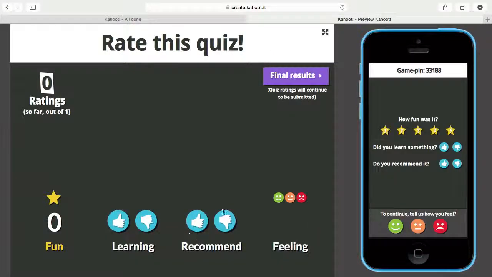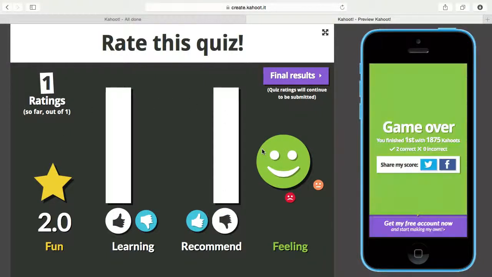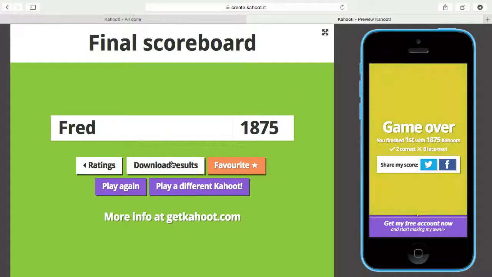Then feedback and results. This is a really nice feature where students have the ability to rate your quiz. It can be quite harsh sometimes, but it is a really good way to get a feel for how your class is feeling about a particular topic that you've been teaching. This feedback would update when the users get their feedback in. So this is pretty cool. Then you can click on final results, where you can click download results, which will download an Excel file